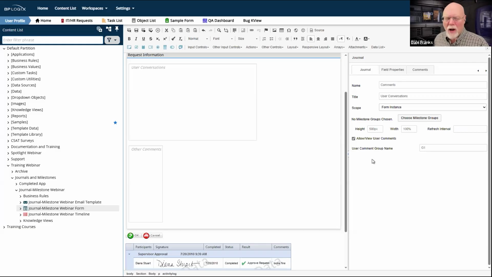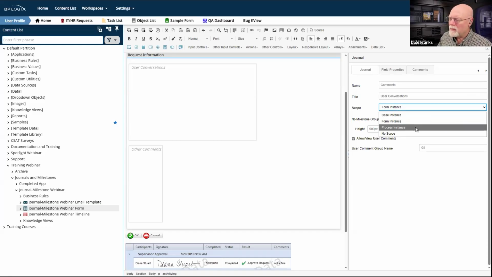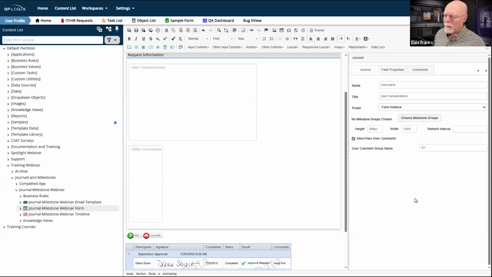I think I want to lock the form while it's being edited by user A so that user B and user A don't put in different information and have user B overwrite what user A just entered. So the refresh interval, I think, is best for process or case or no scope in terms of the scope that we have applied to the item.